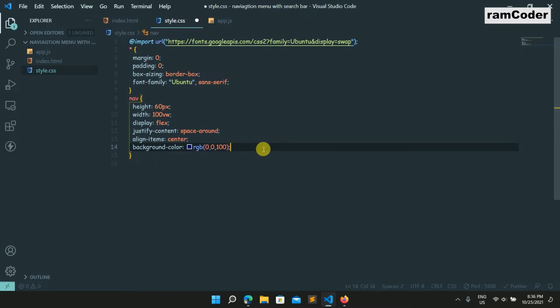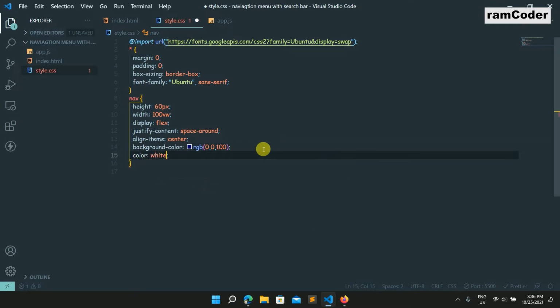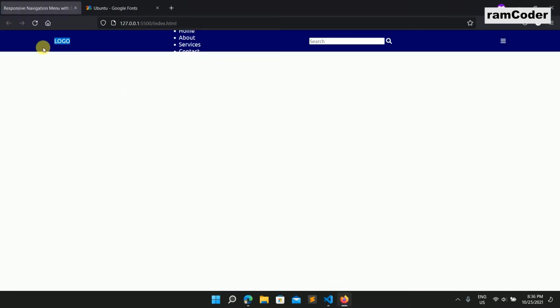So I already had this color saved, color white. So what this does is add a background color to it and a text color to it. So you can now see that it's looking quite good and it looks like a navigation bar,